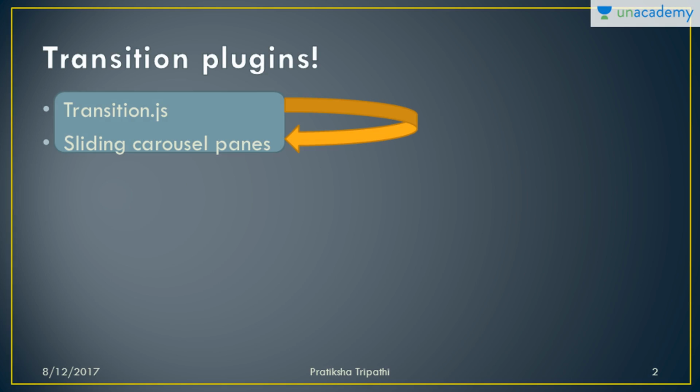What are plugins? A plugin is a software component that adds a specific feature to an existing computer program. For customization, for adding additional features on your web page, we use plugins. Plugins cannot be added through CSS. If you want to add a plugin, you have to use Bootstrap. There are different types of plugins that we use in Bootstrap programming.